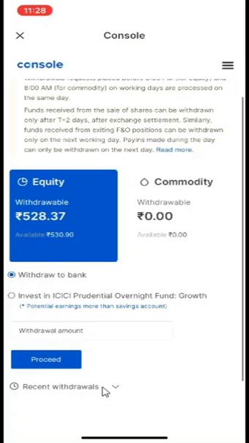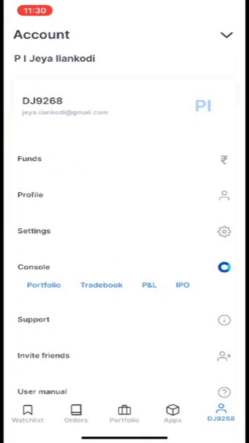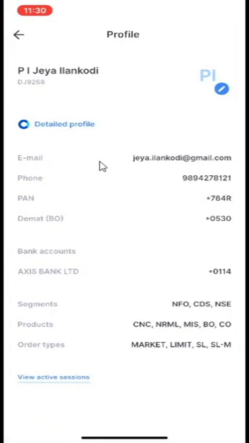We can check the recent withdrawal status by clicking on this down arrow. If you click on this profile, your profile will be displayed. Here you can see the detailed profile. Click on detailed profile. It will take you to the console page.